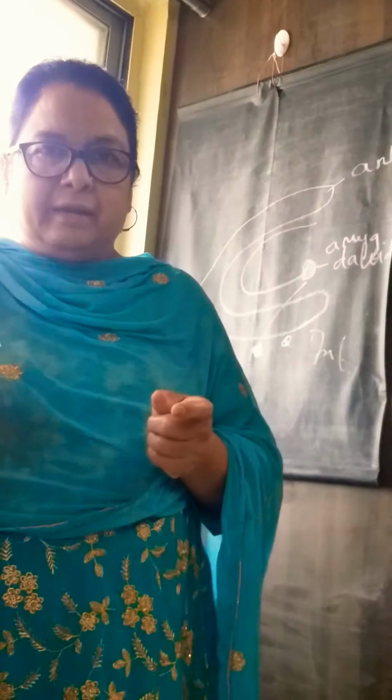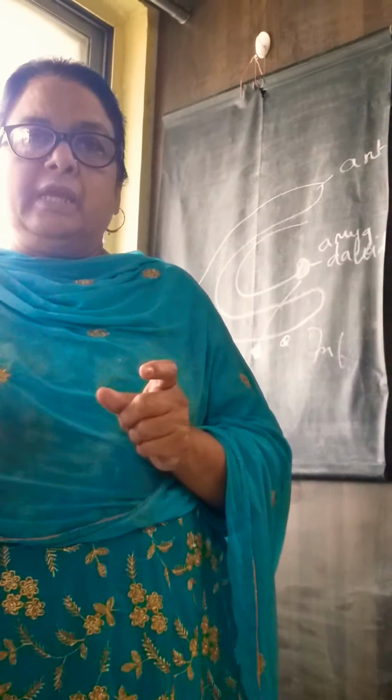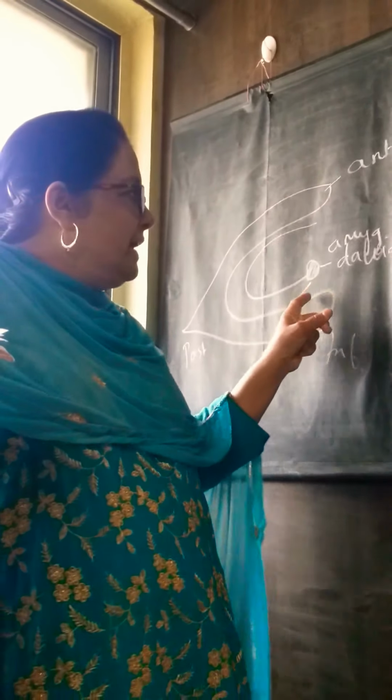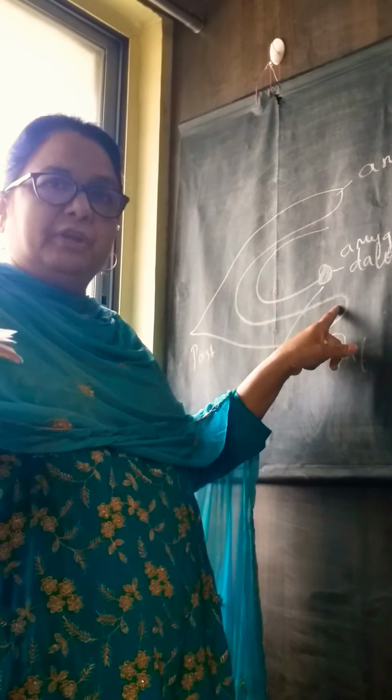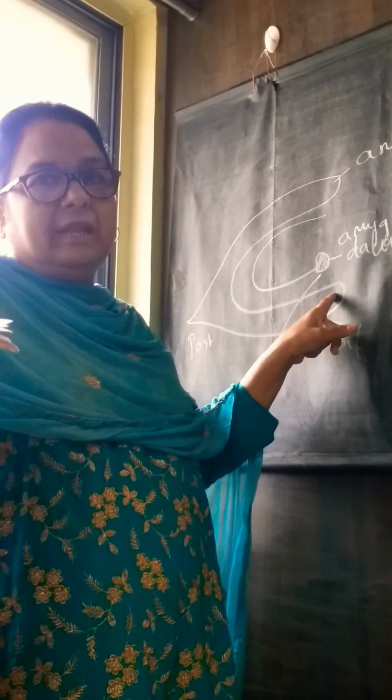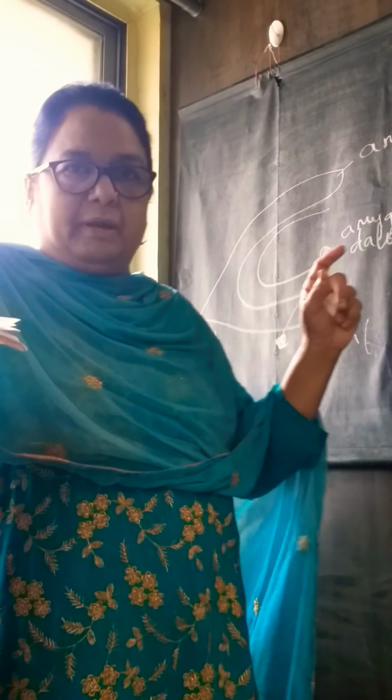To repeat again, the amygdaloid body is a nuclear mass present in the temporal lobe. It is like a nucleus, so that's why it is called a nuclear mass. And where does it lie? It lies superior to the inferior horn of the lateral ventricle, in the anterior part. Functionally it is related to the stria terminalis.